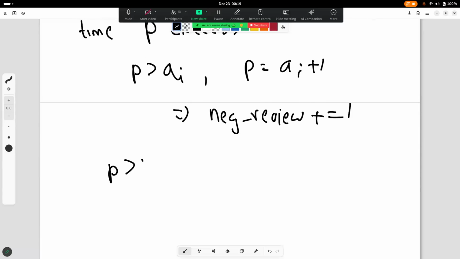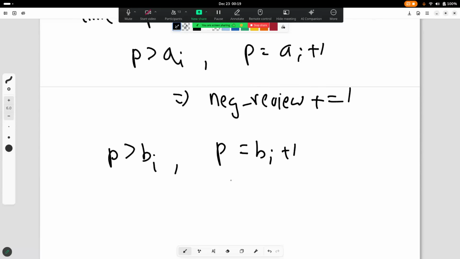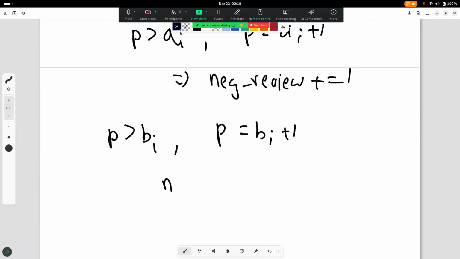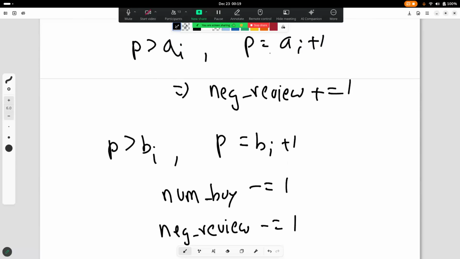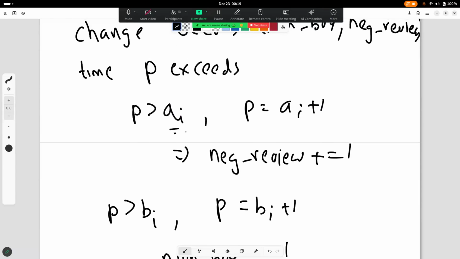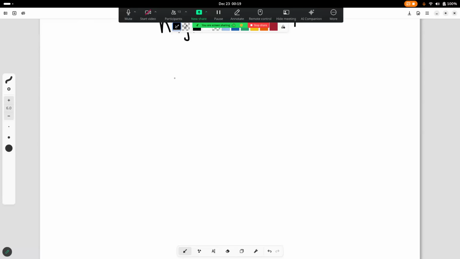If P exceeds B of I, if P becomes B of I plus 1 for some customer, then that customer would stop buying your tree and you'd have one less buyer. At the same time, that customer would also stop giving you negative reviews, so you would have one less negative review. Basically, what this is saying is that if you have some number of buyers and some number of reviews